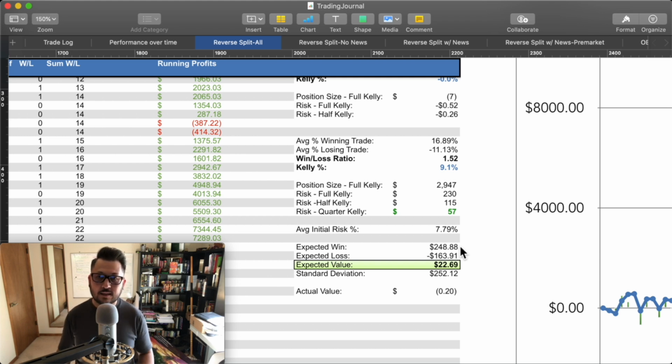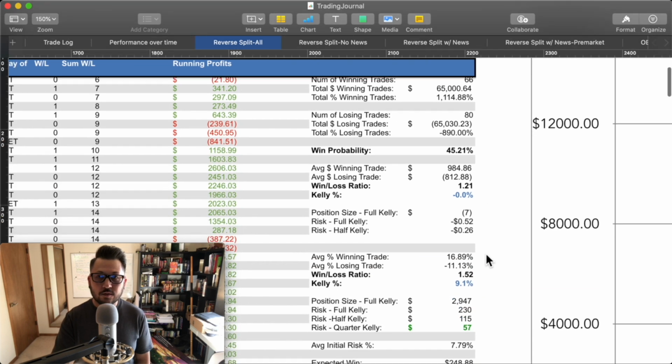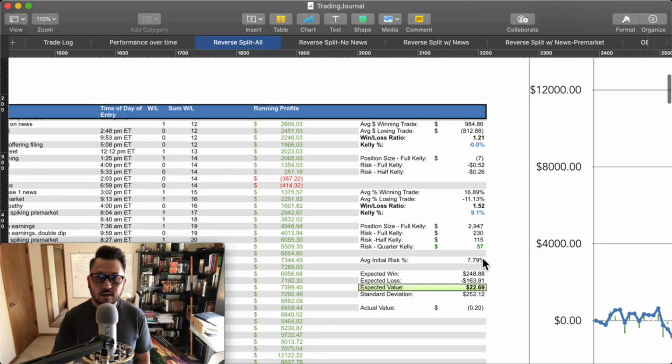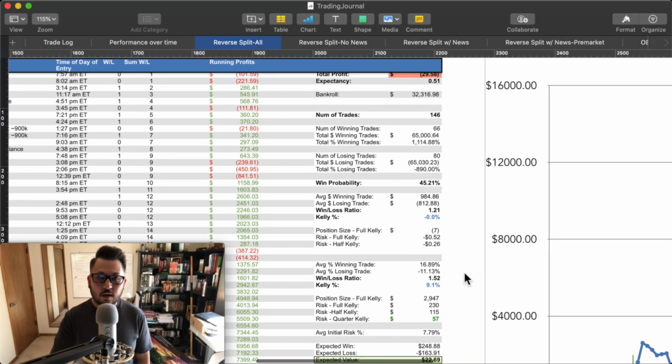If you know anything about statistics, one positive standard deviation happens 35% of the time in a normally distributed random process. Trading may not entirely fall under a normal distribution, but I think most of the time the results are close to a normal distribution. So those are the main numbers that I'm looking at just to decide which setups I want